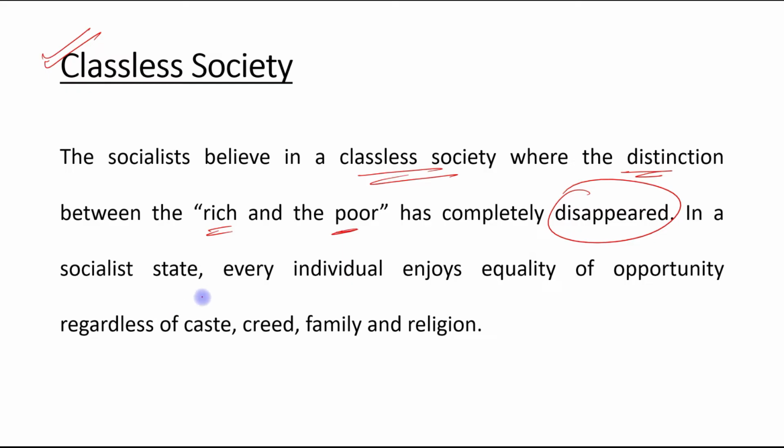In a socialist state, every individual enjoys equality of opportunity regardless of their caste, creed, family and religion. तो यहाँ पे हर एक इंडिविजुअल इक्वालिटी ऑफ अपॉर्चुनिटी जो है उसे मिलती है, और यहाँ पे कोई भी डिस्टिंक्शन नहीं रहता बिटवीन द रिच एंड द पुअर। दैट इज द रीजन, दिस इज द फीचर ऑफ क्लासलेस सोसाइटी, बिकॉज जो गवर्नमेंट का जो मेन रोल है वो है सोशल वेलफेयर, नॉट द प्रॉफिट मोटिव।